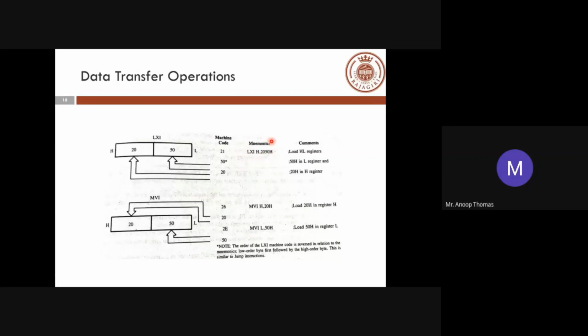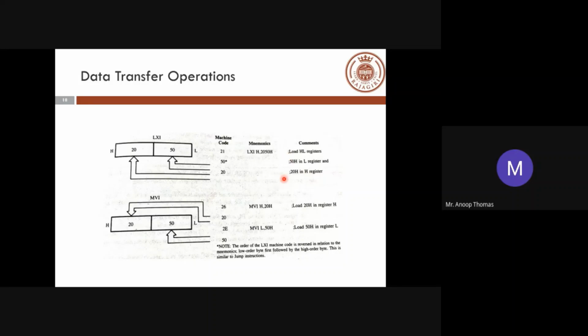Along with it, you have 2050, which also has to be stored. So 2050 will be converted into the corresponding machine codes, that is 50 and 20. 50 goes to your L register, and 20 goes to your H register. So after the execution of this instruction, the HL pair will have the components 50 and 20. The L register will have 50H and the H register will have 20H.